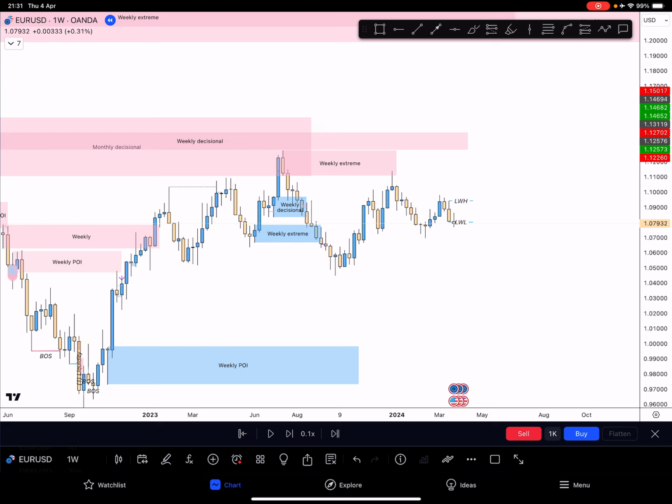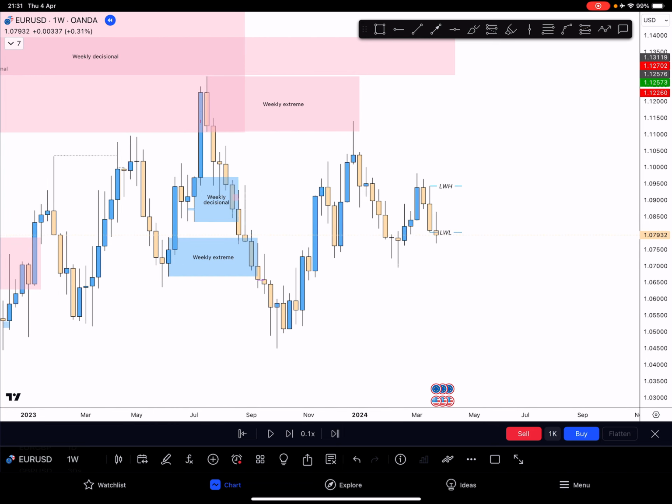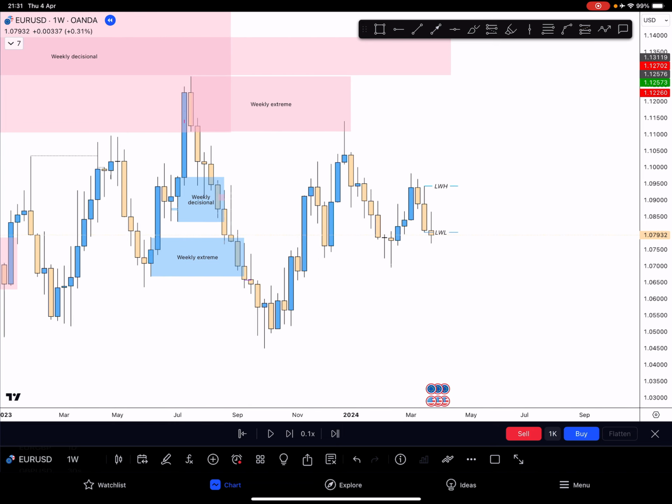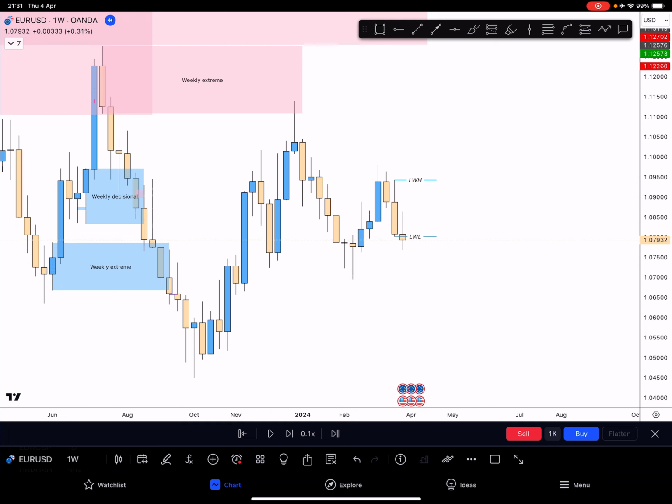When you're analyzing charts to catch trades, the kinds of trades that you can confidently hold for a series of days, that analysis starts from the weekly. Why? Because on the weekly, you just want to determine: the next candle, is it going to go up or is it going to go down? That's all you need to know when it comes to the weekly time frame. Once you get that, then you already know the direction that you should be trading in.